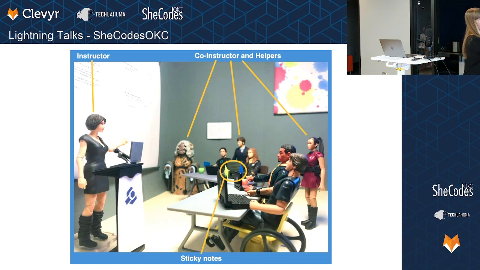Learners are encouraged to put sticky notes on their devices, either sticky notes of different colors or different shapes, to indicate, yes, this is working for me right now, things are going great, or I got an error, something is happening that I don't know how to handle. And those helpers in the background, they are looking at the sticky notes, and they will jump right in and help a learner out if they need help. And in 2022, they decided to make online workshops also an official part of the Carpentries. So this setup can be essentially repeated on Zoom with reactions taking the place of sticky notes.